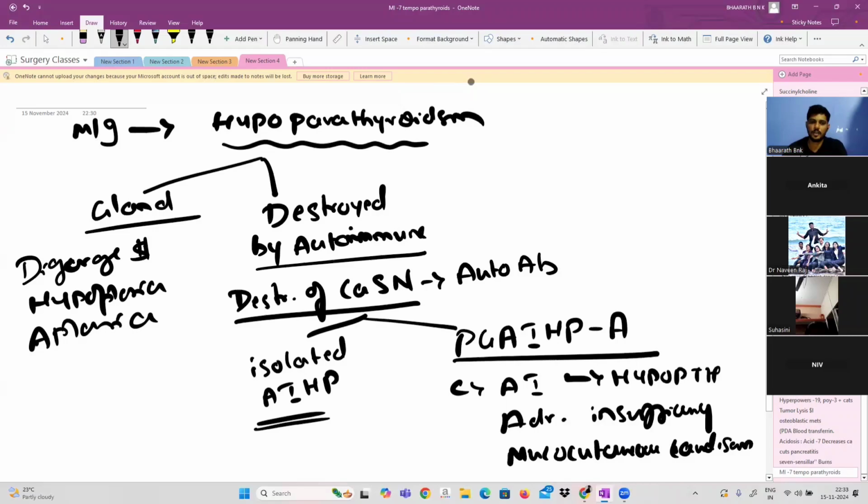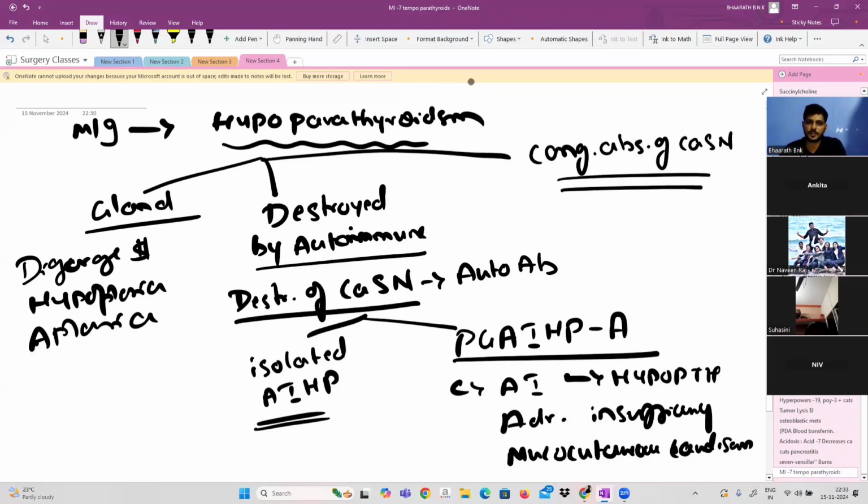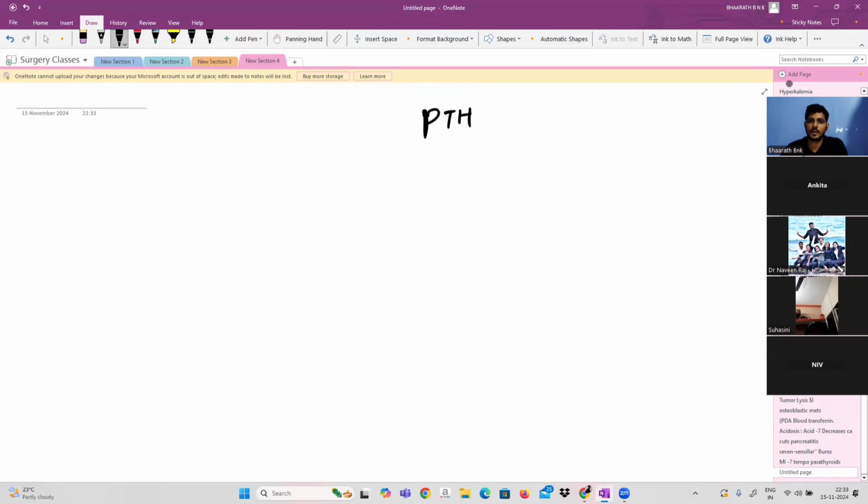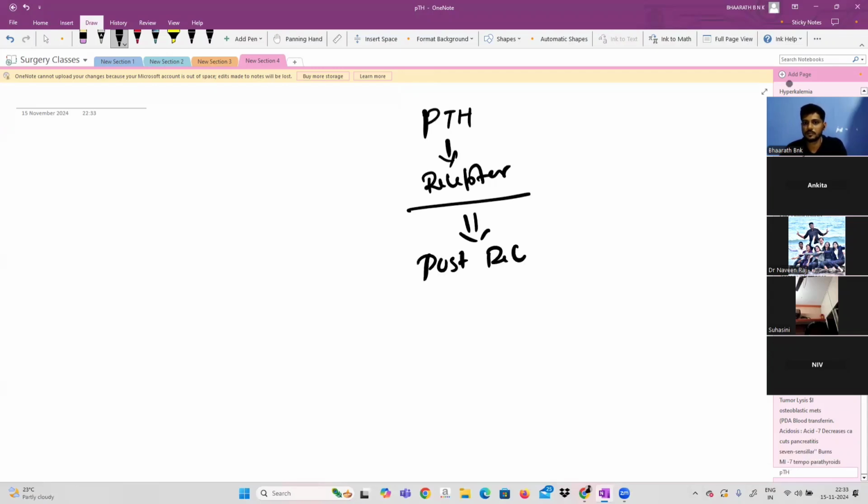So this can happen. Now, these receptors don't get destroyed, but they are congenitally absent. So there is congenital absence of calcium sensing receptors. So whenever there is a congenital absence, that can also lead to low parathyroid levels. So these are two receptor related causes. And third is parathormone is released. Now it acts onto the receptors, but after acting on the receptors, nothing will happen. That is called post receptor